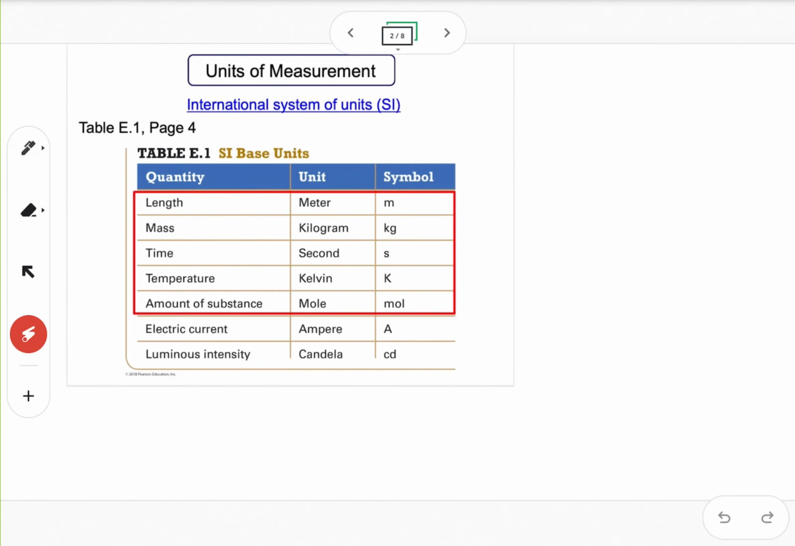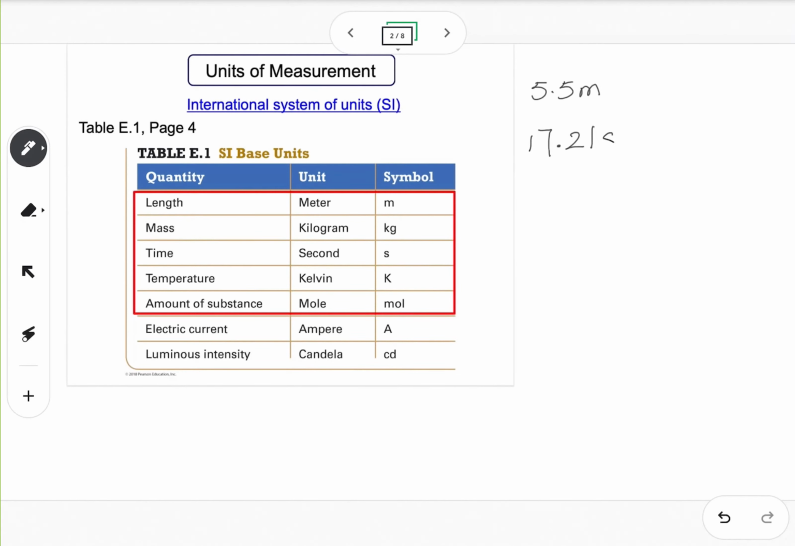This table from your textbook shows us some common international units, and 5 of them are required. Okay, and here these are the symbols of those units. What do I mean by required? That means, for instance, if I write 5.5 lowercase m, that means 5.5 meter. Okay,